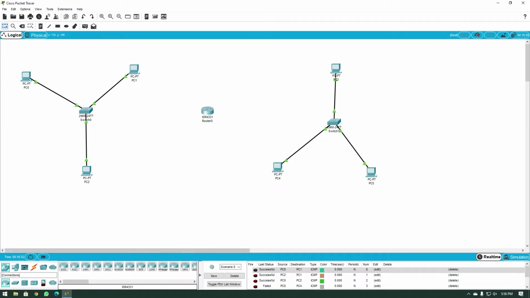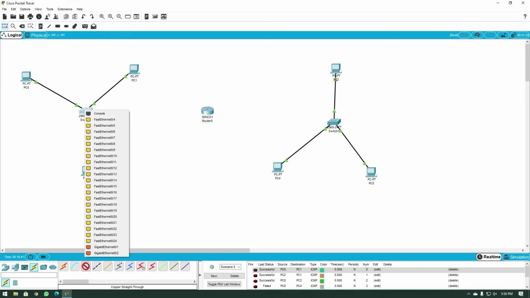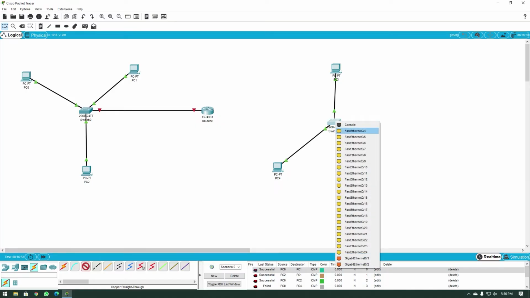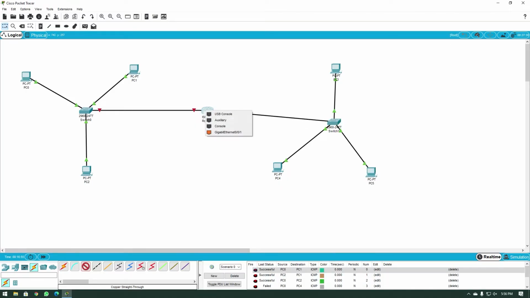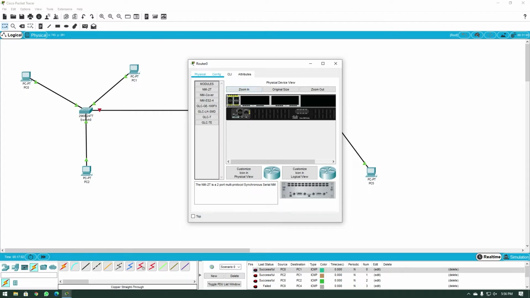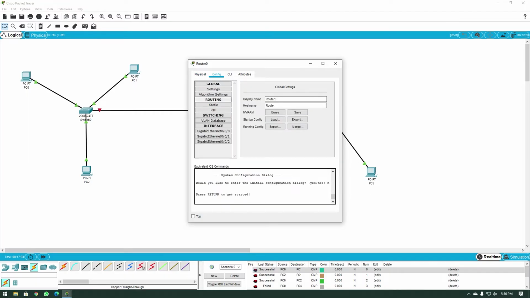So let me go to connections, and I'm connecting a switch to a router. These are different devices, so a straight through will do. Let's connect the switch, let's say Fast Ethernet 0/4 to the router. We'll go to Ethernet 0/0/0 and then another straight through from this switch, Ethernet 0/4 to Ethernet 0/0/1. Now if you click on the router over here, you can go to config and you can go to the